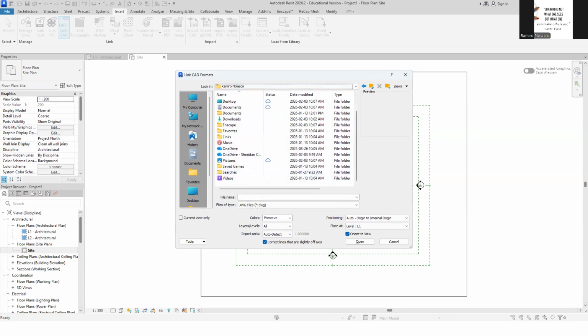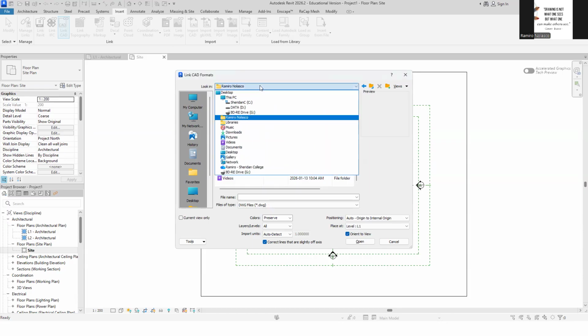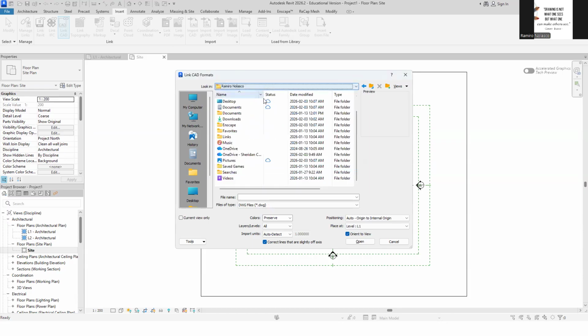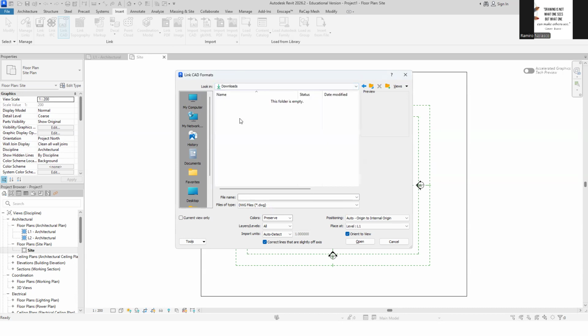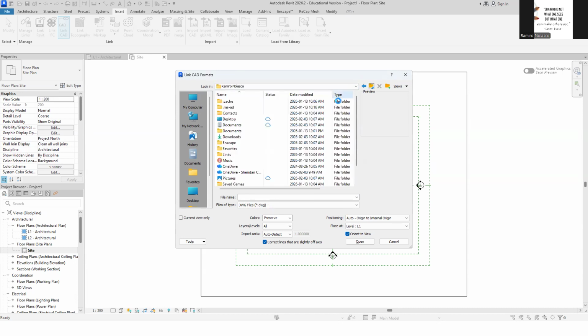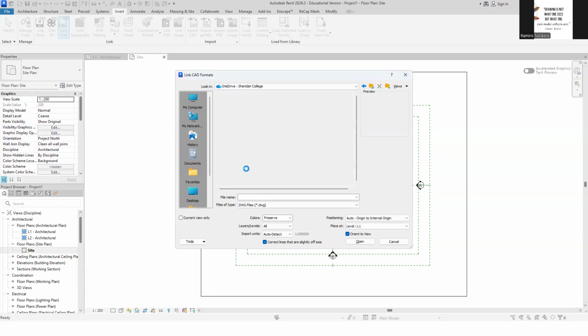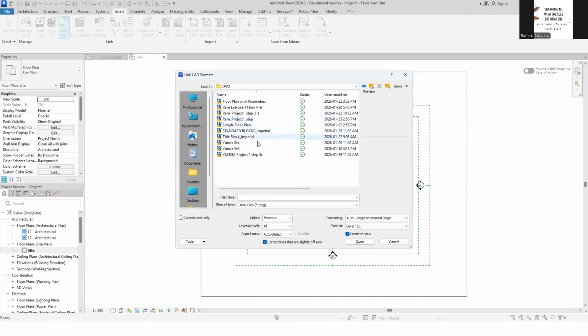Okay. Let me just copy this and paste it here. Nope. Somehow my folders are not showing. So I guess OneDrive, there it is. CAD to this one. Okay, so once you have found the file,